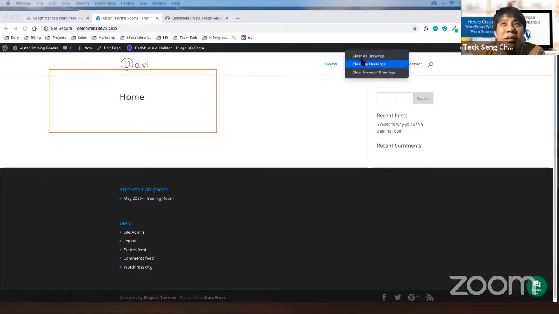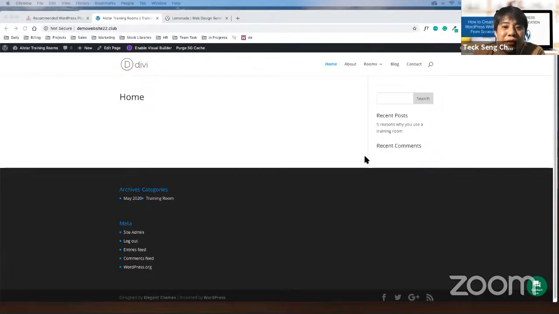Since everyone is able to see this page already, then that's all for today. Tomorrow we will start to build a landing page. We will start drawing a wireframe. I will teach you what to look out for when wireframing. And then once you draw a wireframe, you can start to implement that onto the landing page.